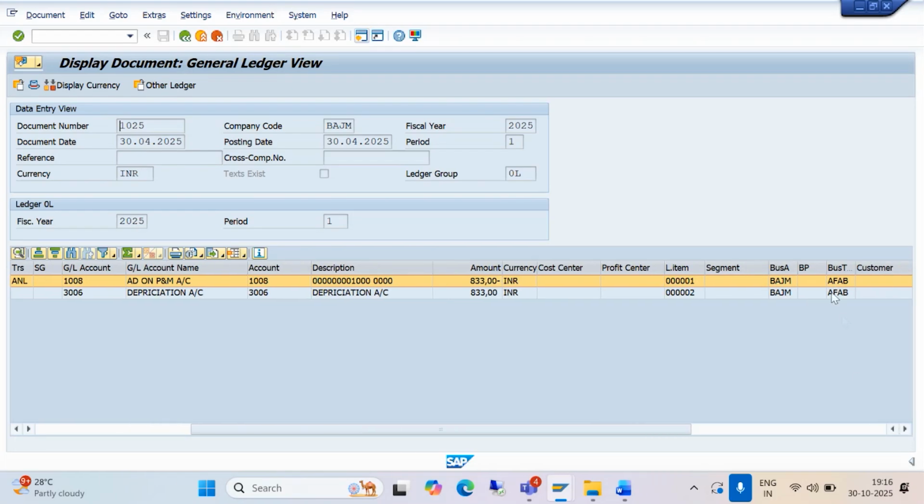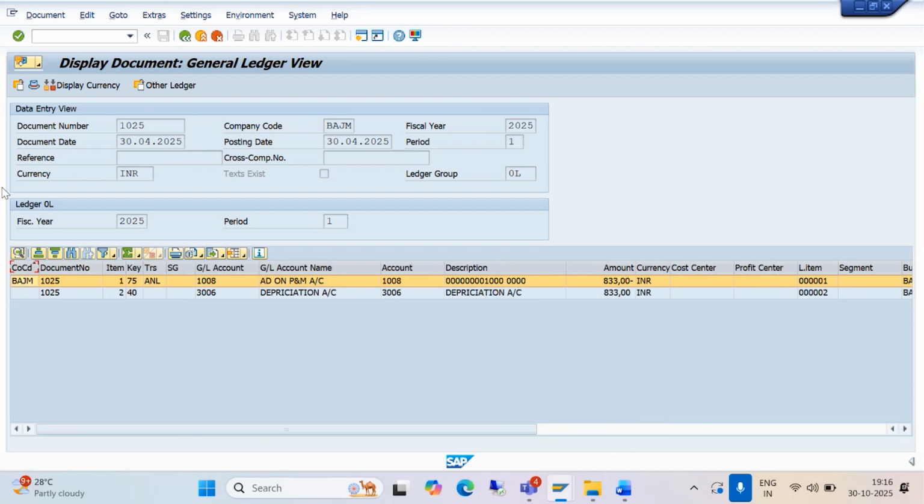So if you see here, the business transaction we have used is AFAB. Okay, understood? We have not passed anything else. The system automatically runs the depreciation run and generates the accounting entry. If you want to run AFAB again, you can run it